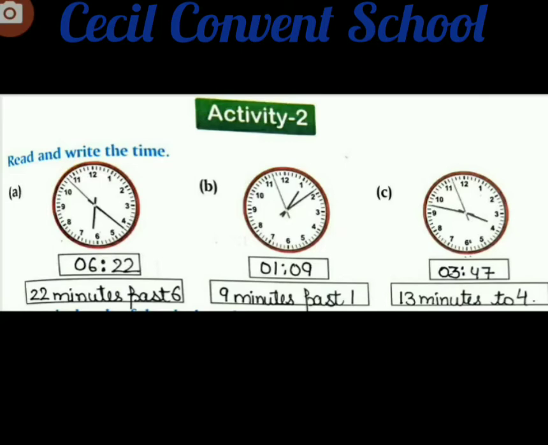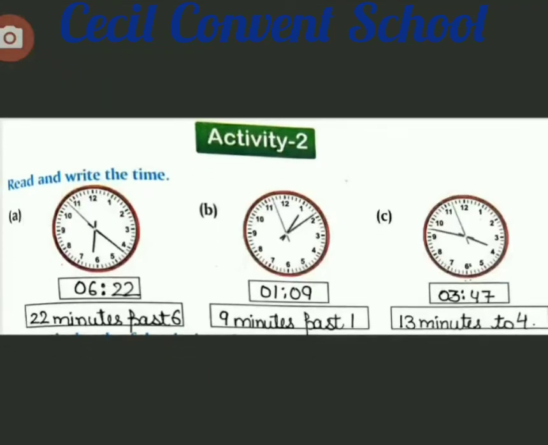Now see this one, B part you have to see. The shorter hand is on 1, so we write 1. And now see 9. How has it come to 9? We will count the small divisions. Now 12 to before 2. Before 2, if we count, it will be 9, because if it is on 2, there will be 10 divisions, and it is 1 division less than 2. So it will be 9. So the answer will be 1, 9.